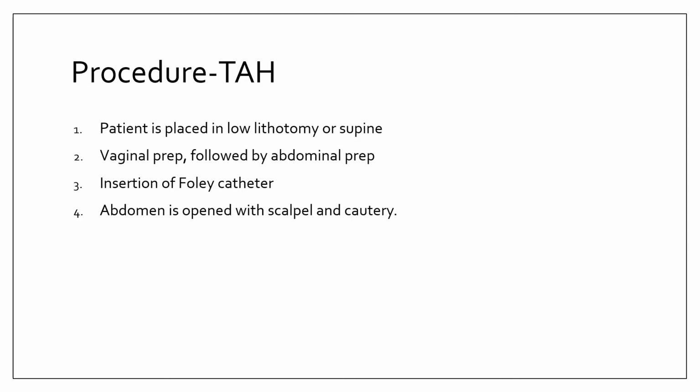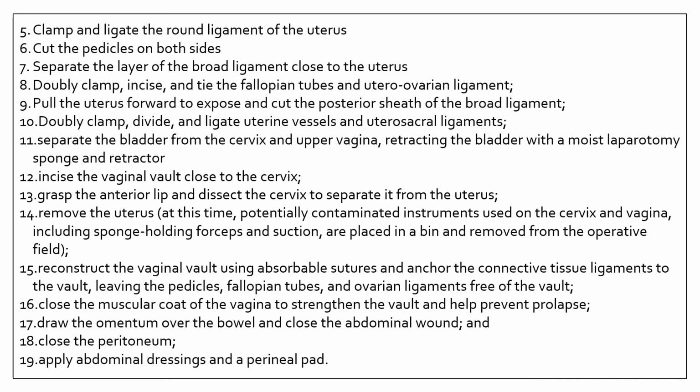The procedure for a total abdominal hysterectomy: the patient is usually placed in low lithotomy. They can even be supine, depending on surgeon preference. There's still a vaginal prep and an abdominal prep. A patient will usually get a Foley catheter for their surgery, and then we open the abdomen up. This is a lot of procedure here. I put this here just for your general understanding of it, but basically we will go in, clamp and ligate all the ligaments,